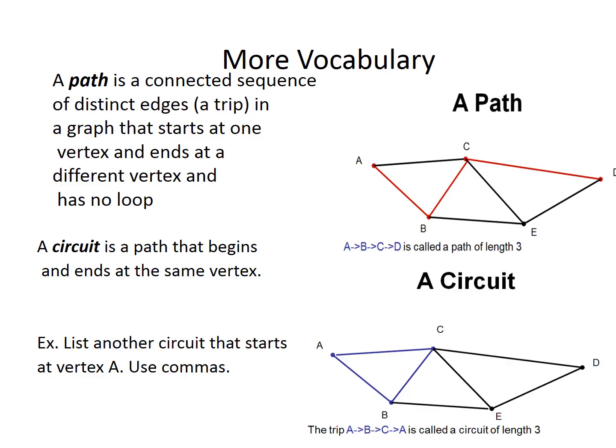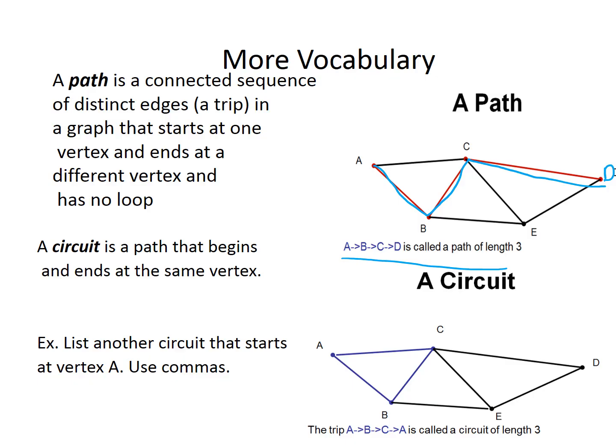So a little more vocabulary. A path is a connected sequence of distinct edges. A trip in a graph that starts at one vertex and ends at a different vertex and has no loop. Okay, so we are going to want to distinguish between a path and a circuit. So a path starts at one vertex and ends at a different one. So if you look at this first example, highlighted in red here, A, B, C, D, this vertex is D, although they can't see it,